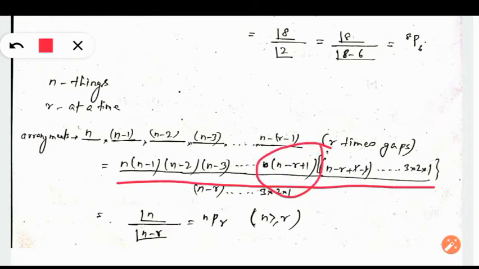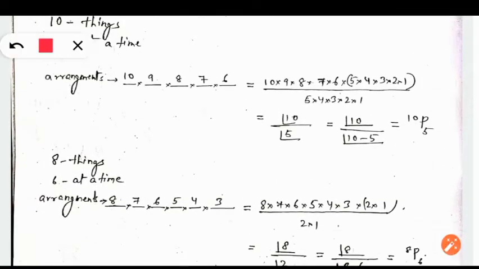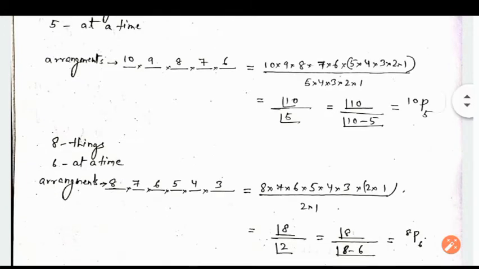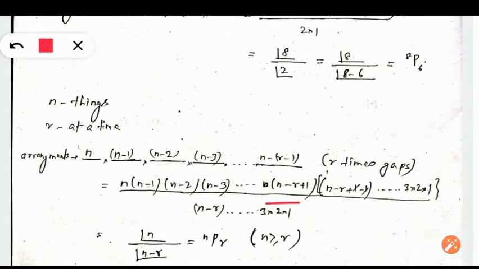Now, similarly, can I write this one as this? What will come after n minus r plus 1? What will be the next factor then if I add? It is same as this one. We had till 6, right? But we have added 5, 4, 3, 2, 1, which are in decreasing order. So similarly, the last factor is n minus of r plus 1. So the next one will be n minus r plus 1 minus 1, 1 will be subtracted, and so on. We will have 3, 2, 1.